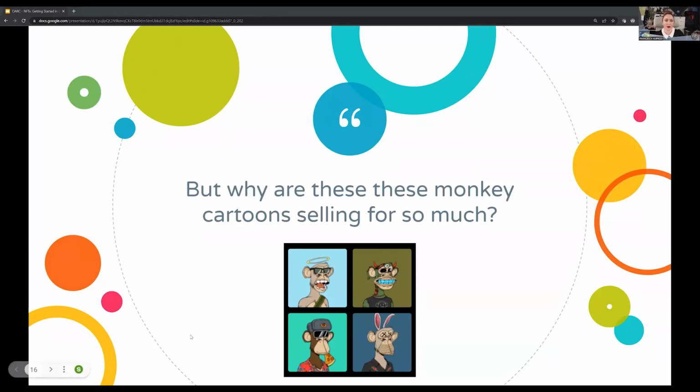an NFT. So for example, these cartoon monkeys are from a series called Bored Ape Yacht Club, or BAYC. You may have heard this before in the news. And if you own one, you have membership to an exclusive club, which you will have then access to these private yacht parties, and where you can interact with a network of other BAYC owners. So essentially, you're building your network based on owning one of these cartoon monkeys.